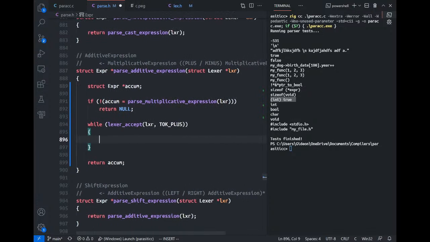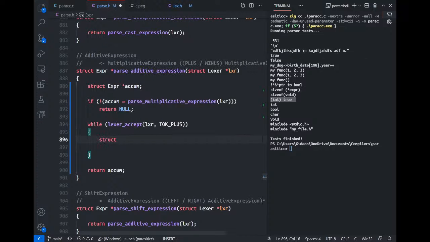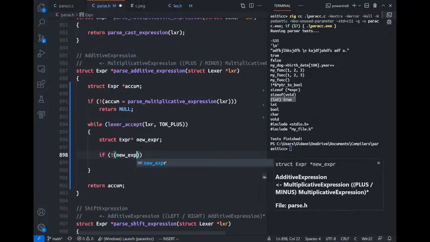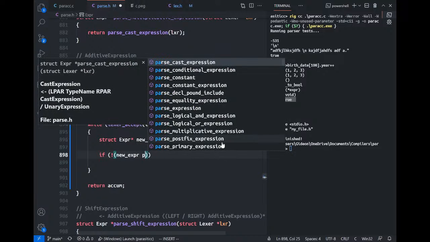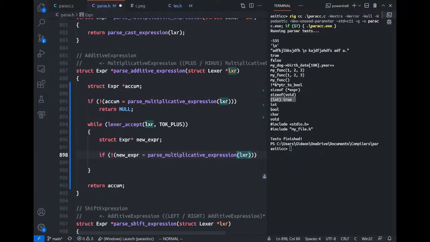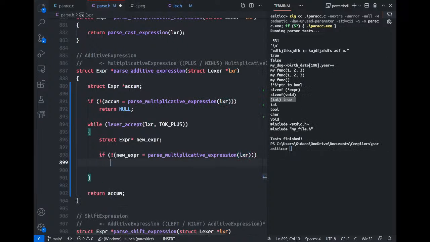Okay, so it's going to be kind of the same thing here, except we need a new pointer, expr pointer, new expr. If you can't parse into new expr, parse multiplicative expression with the lexer. Then again, you need to return null,